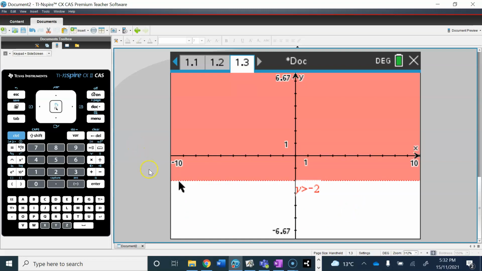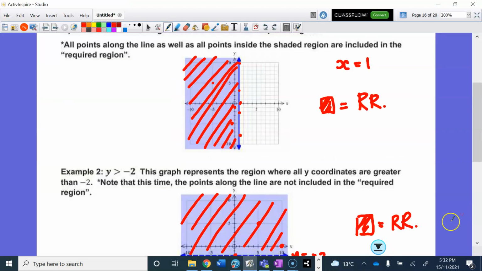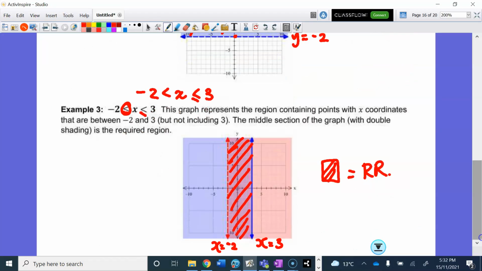Okay, a little bit more challenging to do the third example. So let's get a graphs page on here. So the third example, the calculator doesn't like when you put it in as one lot of shading. Okay, it won't love it if you try and put that in as one expression in the calculator. So you will have to split it and do it in two. So the easiest bit to see is this one. If you're doing it on the calculator, x is less than or equal to 3 is one part, and then the other part